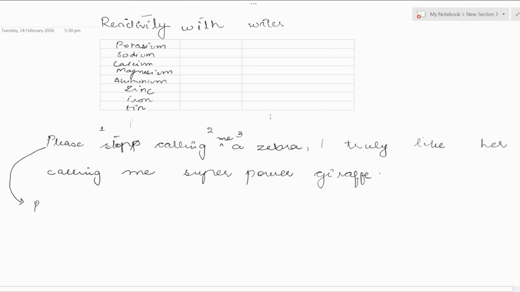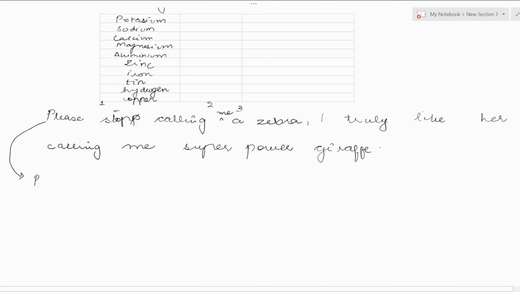Let me add more. Then hydrogen. Calling is copper. Me a powerful giraffe. Okay, the superpower. Sorry, super is the silver, and giraffe is gold. Silver, and then